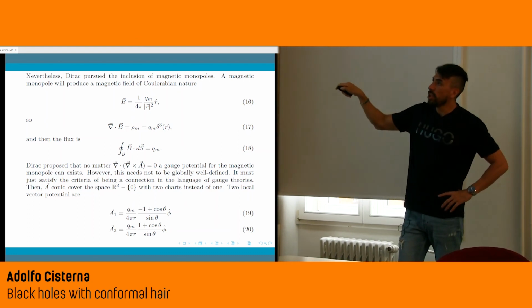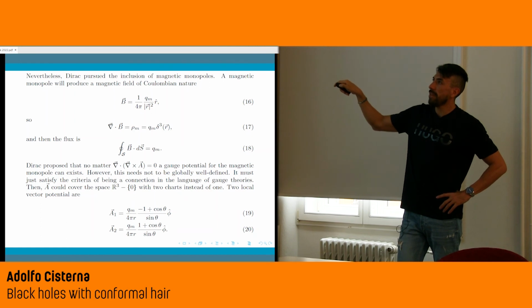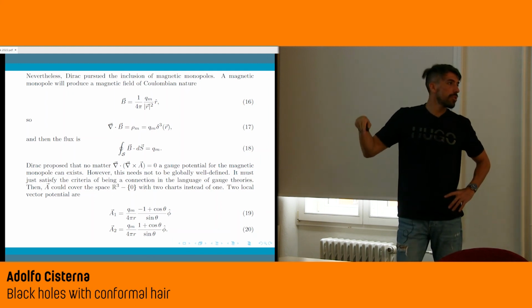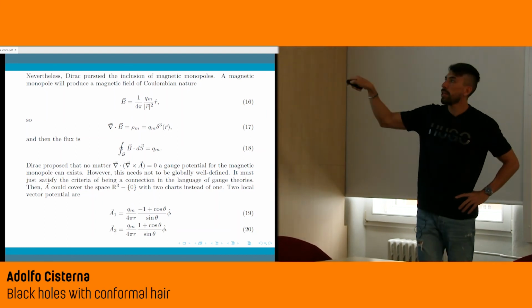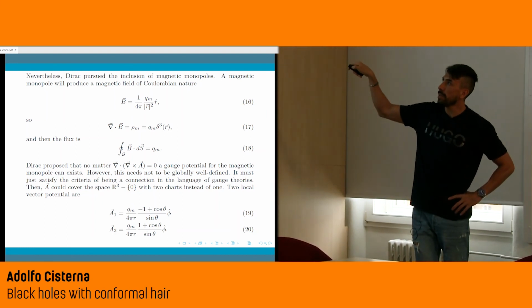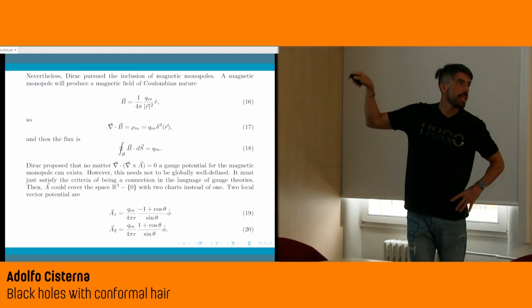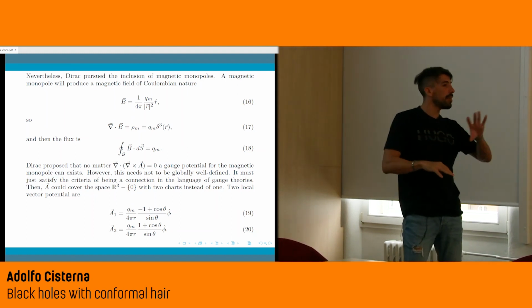We know that if I take the divergence of this magnetic field, but this magnetic field is given in terms of a vector potential, this is going to be 0. So how can I try to obtain anyway a non-trivial vector potential for a configuration in which this is not 0? So that's my problem. So how can I obtain anyway a vector potential